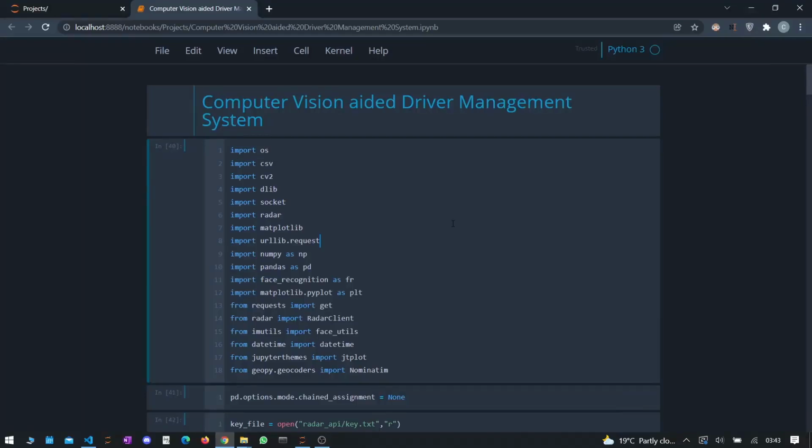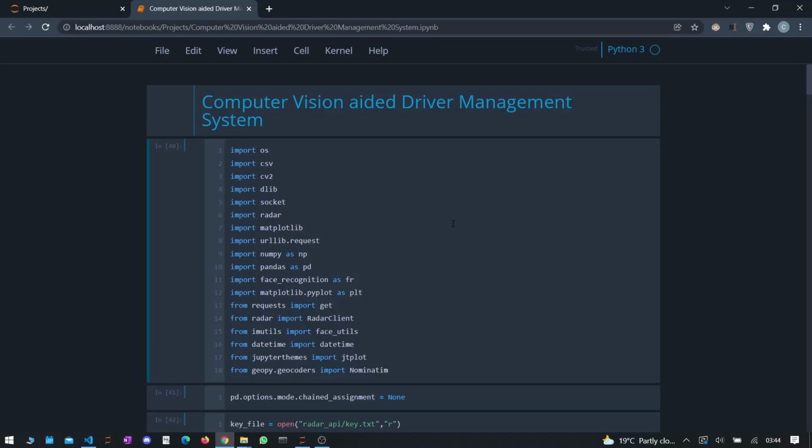So we have built a computer vision aided driver management system. The main features of this program are: first, to track persons driving the vehicle; second, track the distance traveled by them; third, geofence a particular person; fourth, fetch real time fuel prices for that particular location and calculate the fare levied on that person; fifth, build a driver road attentiveness profile using landmark detection.